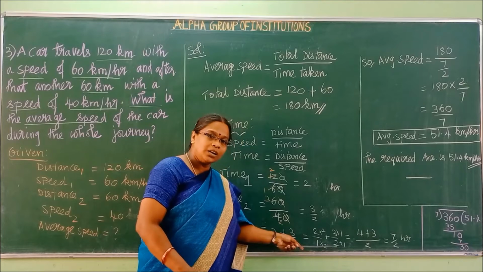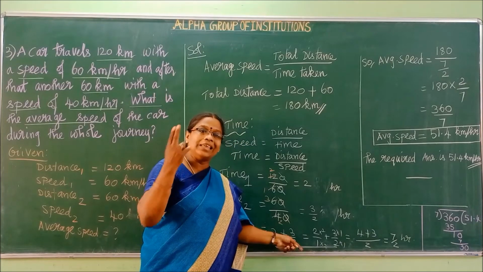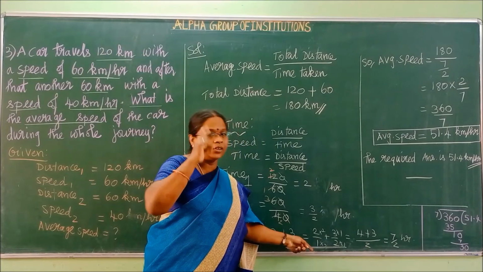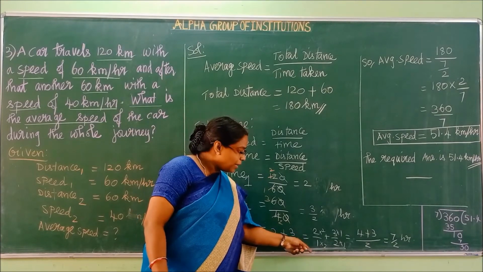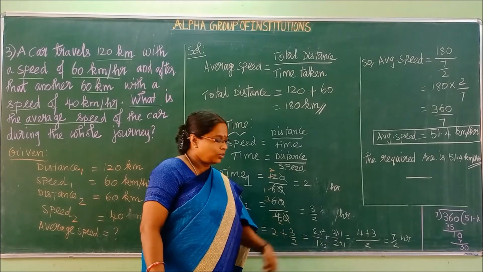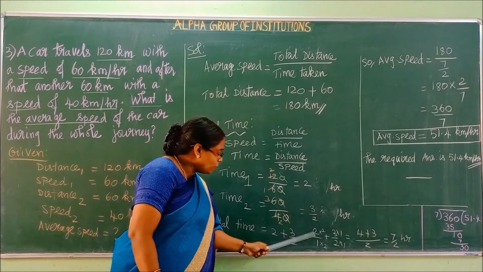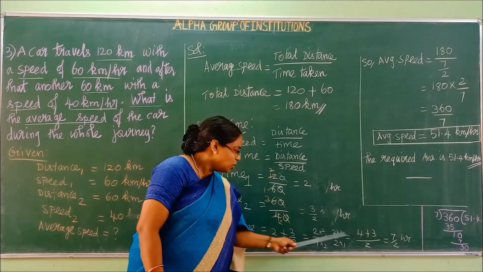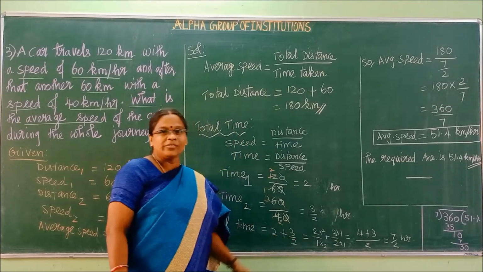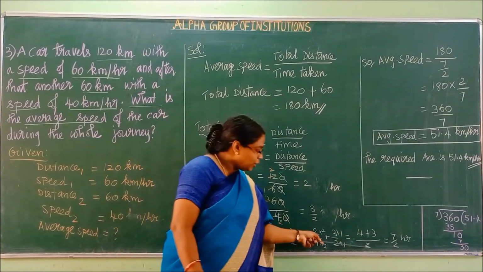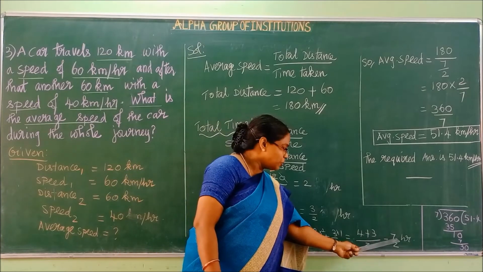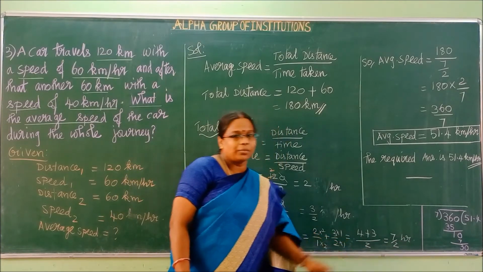Same way 2 is here. What you should multiply with 2 to get the LCM? 2. Right? So 2 into 2 will get 2. So when you multiply the denominator by 1, numerator also you should multiply with 1. Now what's the answer? 2 plus 2 is 4. 3 into 1 is 3. Here you are adding now. So common fractions only you will get. So that you will get 2, which is the LCM. So 4 plus 3 will get you 7. This 2 will come here.